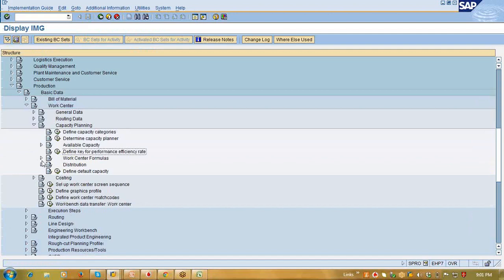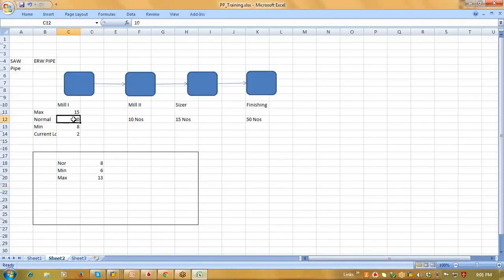Now comes work center formulas. We said that we have a capacity of 10, normal 15, 8, but this is only Excel. Okay, but if we want to calculate it,